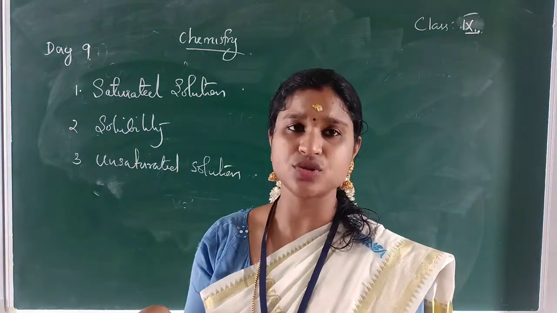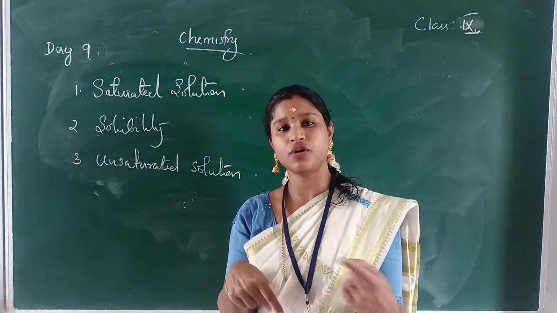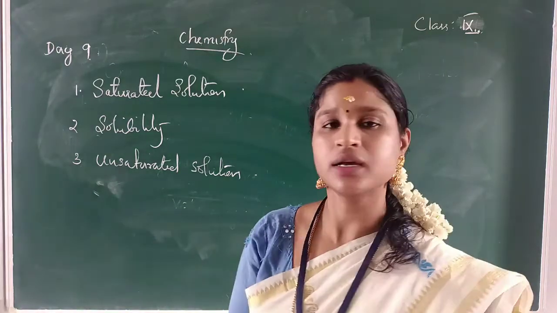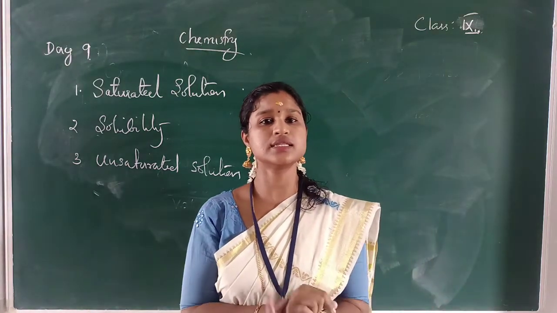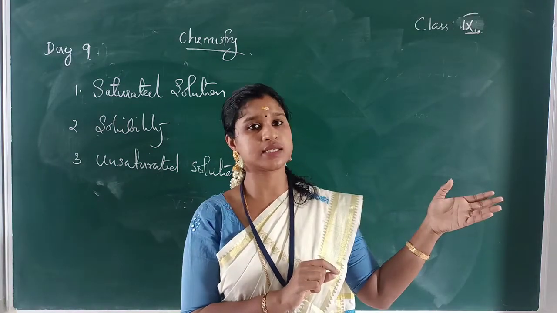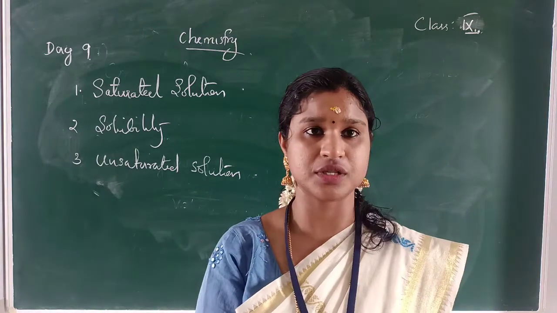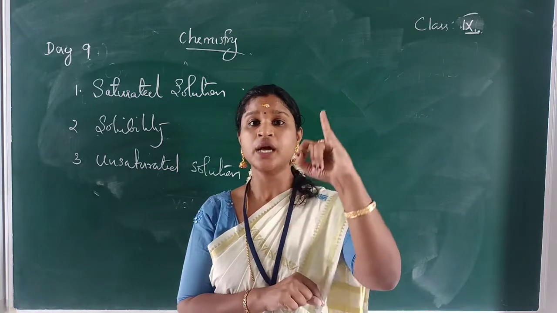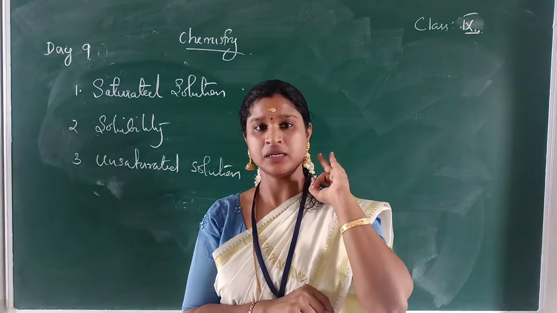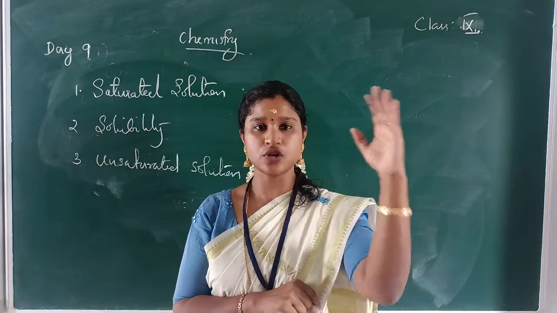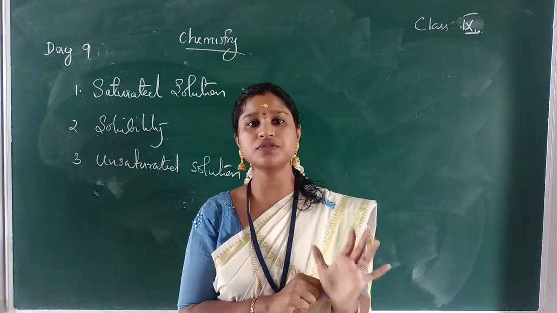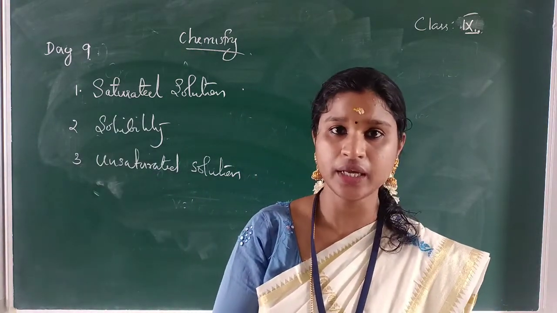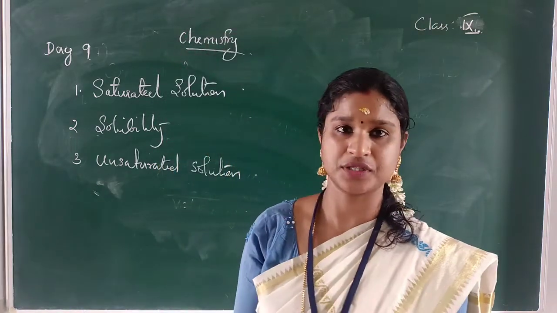So these three terms you have to understand and study. It will be needed for your future classes also. Okay, so what are they? Saturated solution, solubility, and unsaturated solution. So these are the main terms in this classification of homogeneous and heterogeneous mixtures. We all know the homogeneous and heterogeneous mixture can be mainly classified into three. What are they? Solutions, suspensions, colloids. Okay, so solutions and the concentration of solution we discussed. Now let me move on to the next topic, suspension. Just what is suspension and its properties we have to discuss.